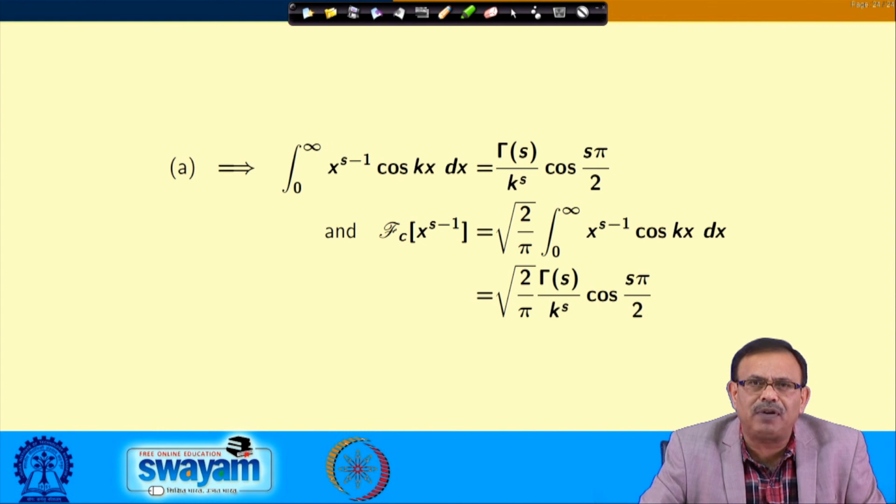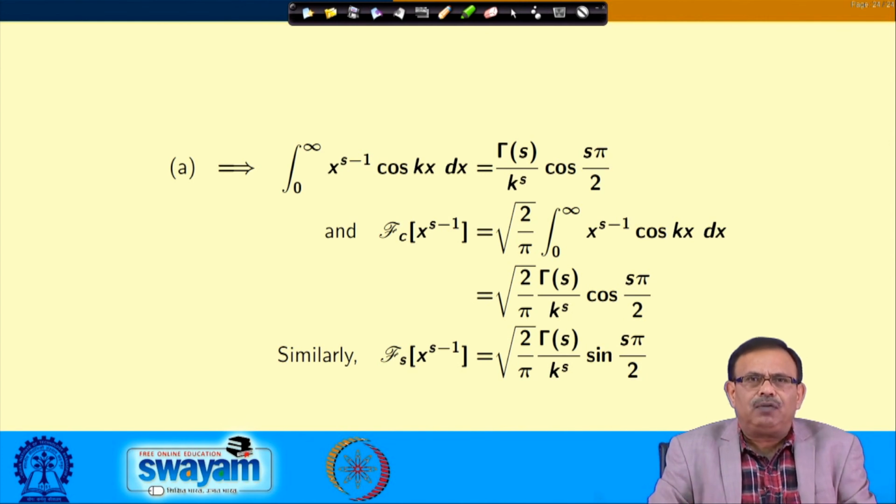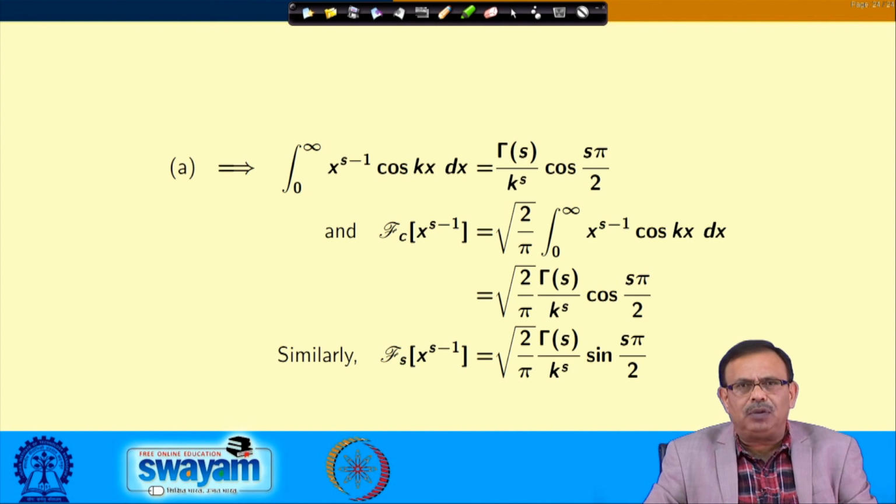If I evaluate the value, I will obtain the Fourier cosine transform of x to the power s minus 1 as root over 2 by pi gamma s by k to the power s into cos of s pi by 2. And in the same way, I can show that the Fourier sine transform of x to the power s minus 1 will be equal to root over 2 by pi gamma s by k to the power s into sin s pi by